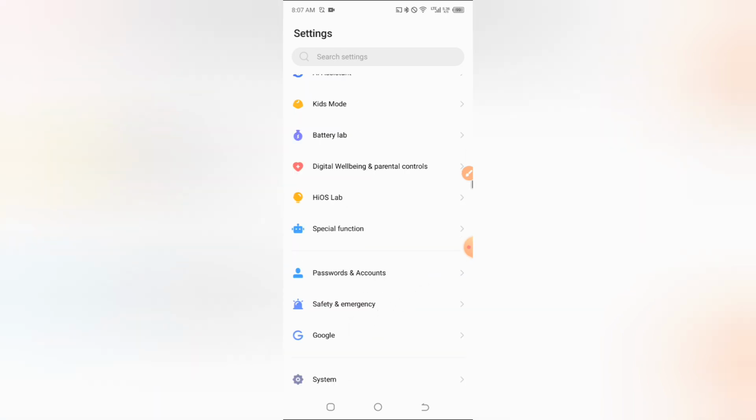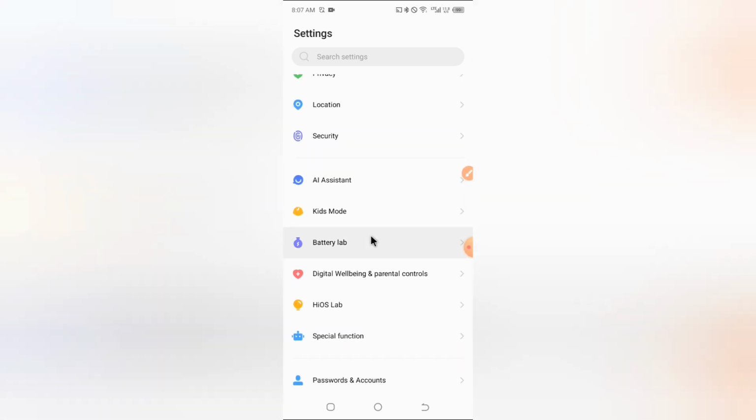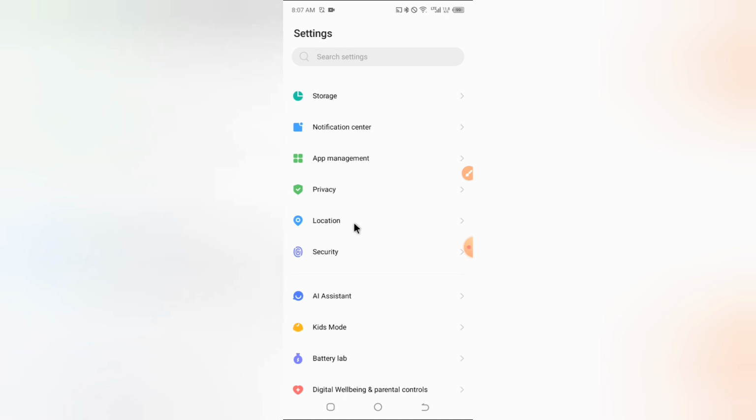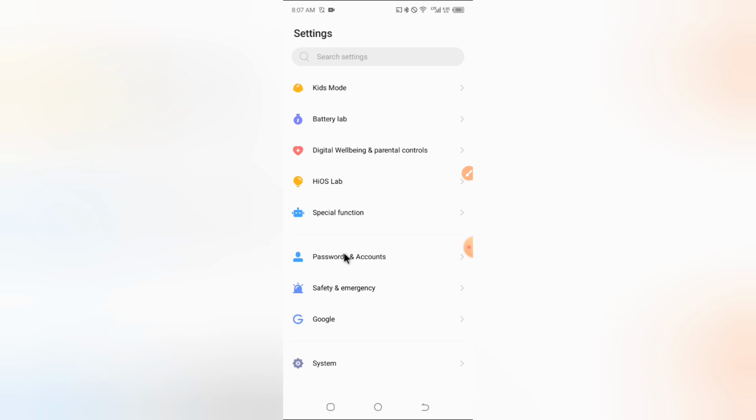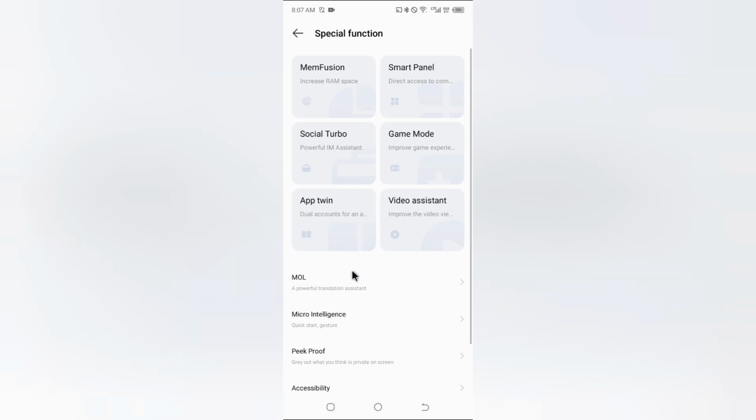It's different from device to device. Some will have the special function under app management or any other settings. But here you have the special function over here, so you just click on your special function,